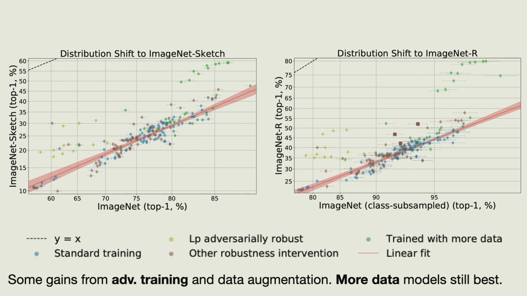But one thing to keep in mind is it's not something you should be doing, because this model here is the result of applying adversarial training to a model that's just over here on the blue line. So when you apply adversarial training, you're just moving to the left. You're making the model worse on the x-axis, but you're not helping on the y-axis.